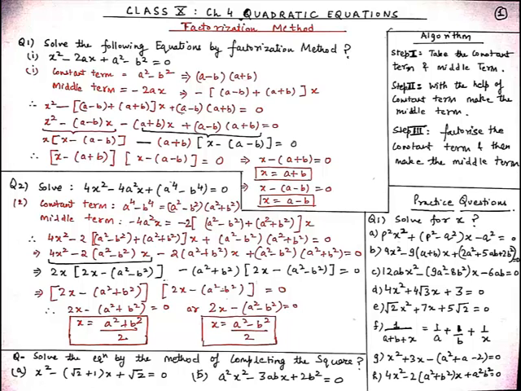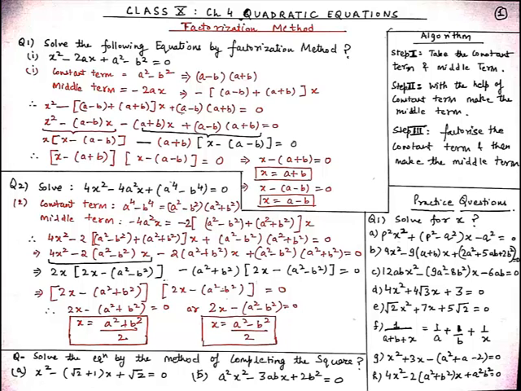Now our middle term is minus 4a square x. With the help of the constant term, we have to make the middle term. So I can write minus 4a square x as minus, when we sum up the factors of a to the power 4 minus b to the power 4, we get a square minus b square plus a square plus b square, and on solving it we get 2a square in bracket. When we multiply it by 2, we get minus 4a square x. Now in place of minus 4a square x, substitute this value of the middle term. So we get 4x square minus 2 into (a square minus b square plus a square plus b square) into x, and plus (a square minus b square) into (a square plus b square) equal to 0.